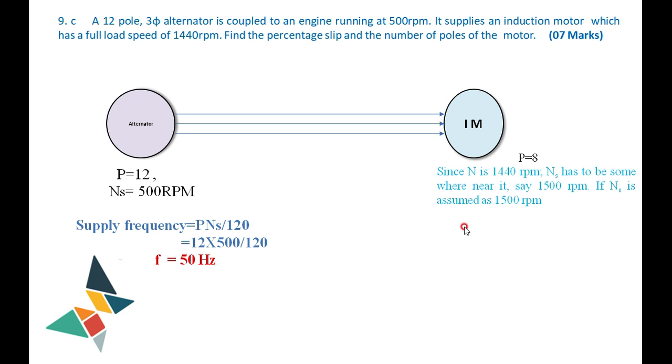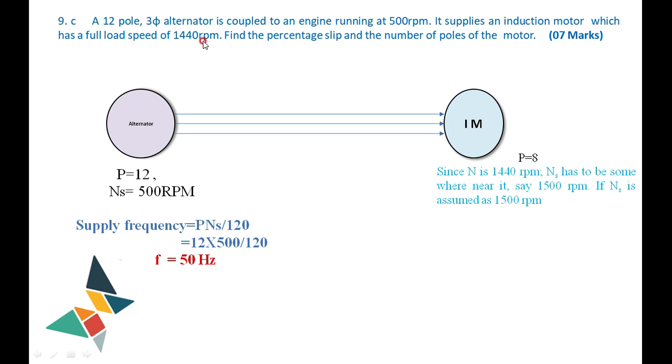Then what he asked is, N is 1440 rpm, he has given 1440 rpm, and the number of poles is not given. Frequency is known, but we don't know the synchronous speed. It is not possible to calculate the synchronous speed because the only data I have got is the frequency. I don't have the other data P, because to calculate Ns as 120f by P, I need f as well as P, but I know f, but I don't know the value of P.